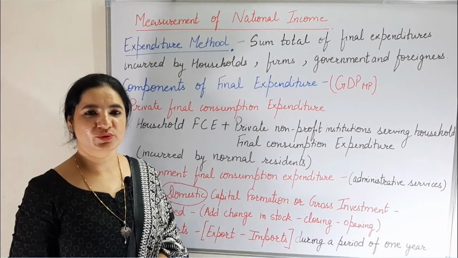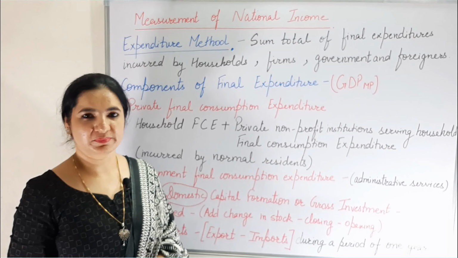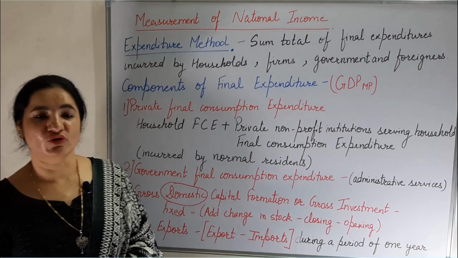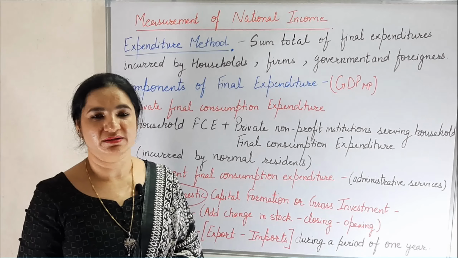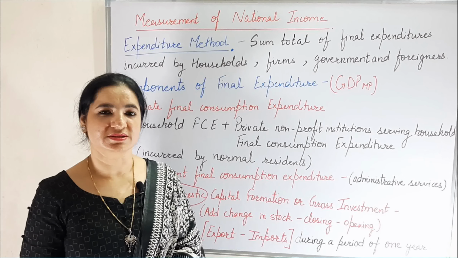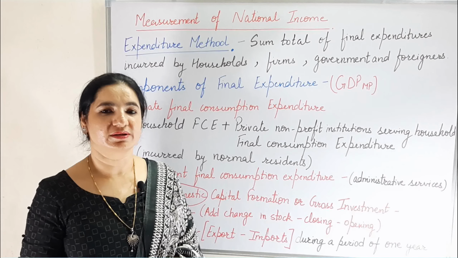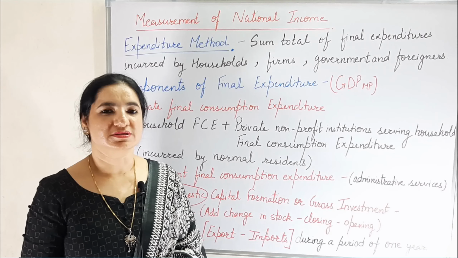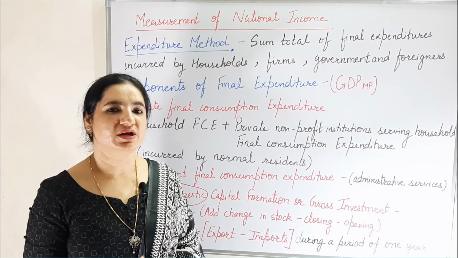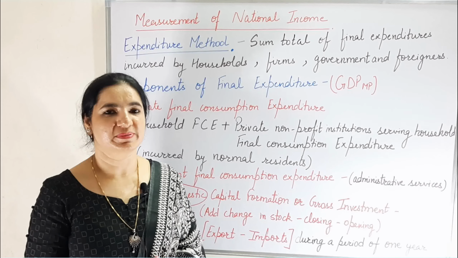Hello students, today we are going to start the third method of measurement of national income, that is the expenditure method. Now in expenditure method, as we have already learnt income method and the value added method, the first and foremost thing to be understood is we need to calculate the national income with the given facts and the figures in such a way that we will be able to arrive at the same figure, because national income calculated from all the three types of methods will be same.